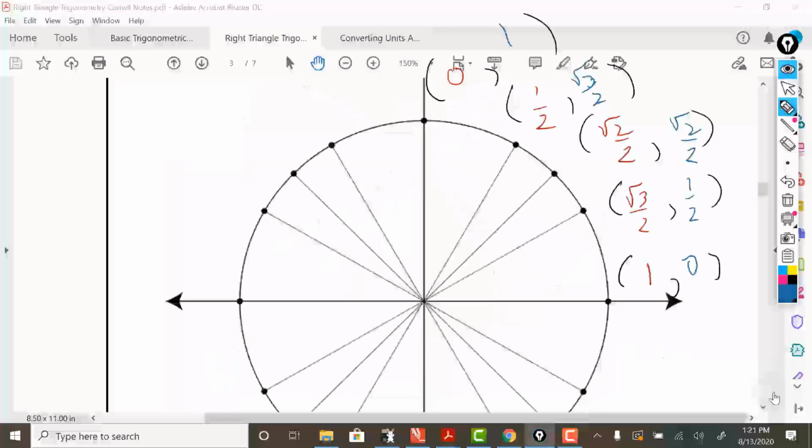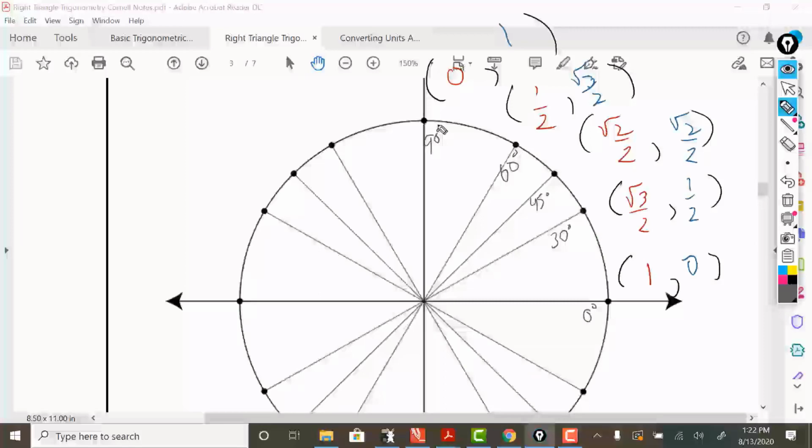All right, I want to go ahead and bring up a few things about this. So I want to focus my thoughts on quadrant 1 right now. And I want to point out the following, that these numbers represent a lot. Okay, for example, if I look at this second point, and by the way, this is 0 degrees, this is 30 degrees, this is 45, this is 60, and this is 90 degrees. So what this means, if we look at the 30-degree point,